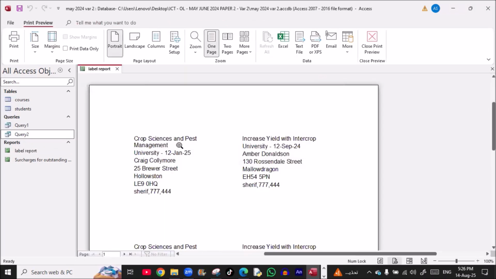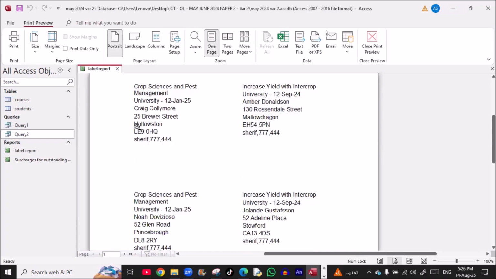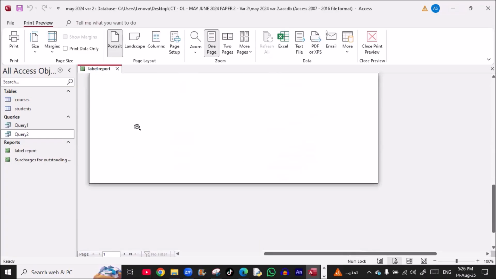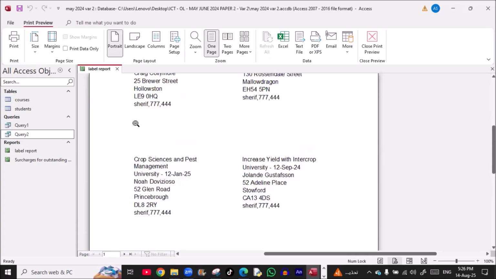Whatever, this will be the name. And this shows 1, 2 in each page, which is not required. So we'll go to the design view,